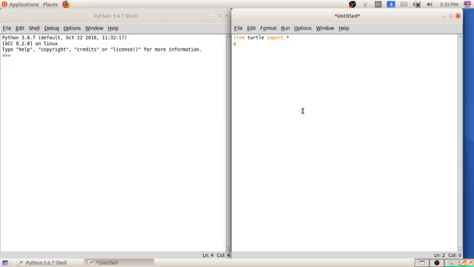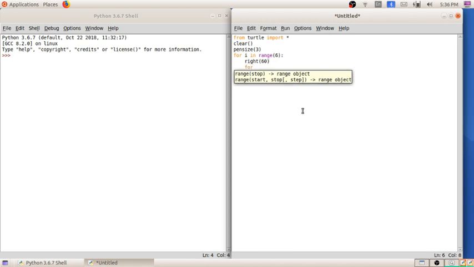After that we can write the command clear, and also I am writing the pen size. That means if I want to increase the width of the line, I can write the pen size. Then we write for i in range of 6 colon. Already the tab appeared by default. Right of 60.